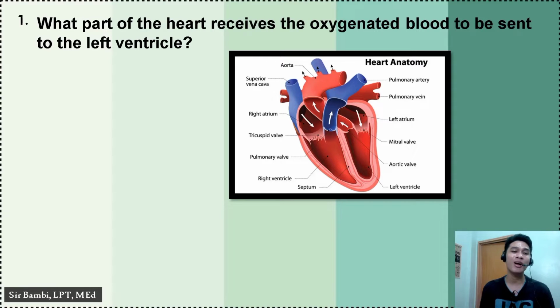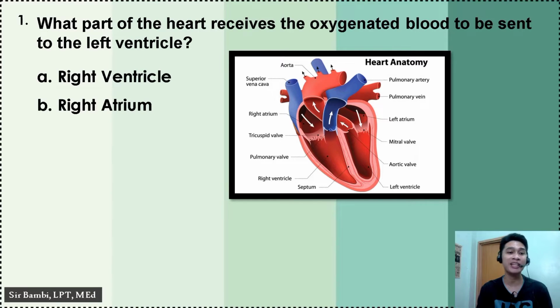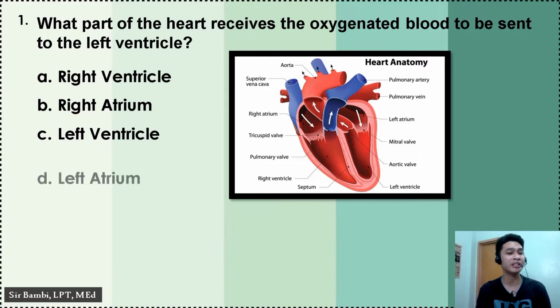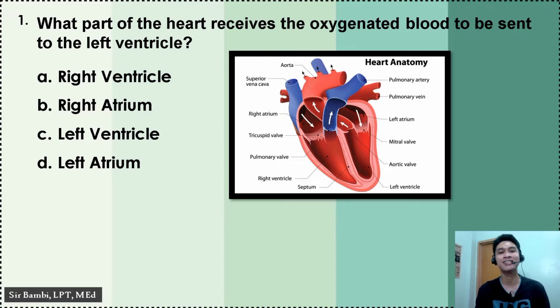Number 1. What part of the heart receives the oxygenated blood to be sent to the left ventricle? A. Right ventricle. B. Right atrium. C. Left ventricle. Or D. Left atrium. And the correct answer is